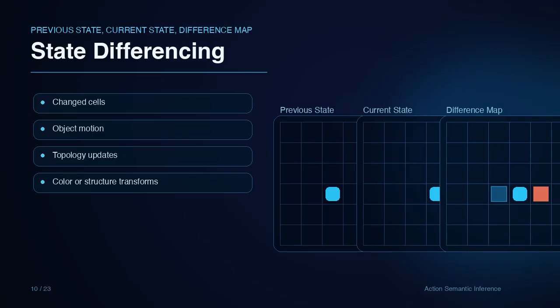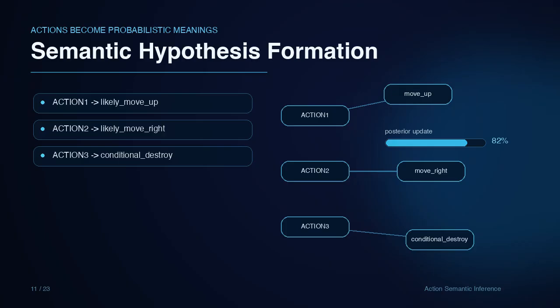Action semantics are causal, not just correlational. ASRA tries to infer rules of the form: if action A is executed in context C, effect E occurs. The same action can move, fail, transform, or reveal a hidden mechanic depending on the state. Meaning lies in the relation between action and context.